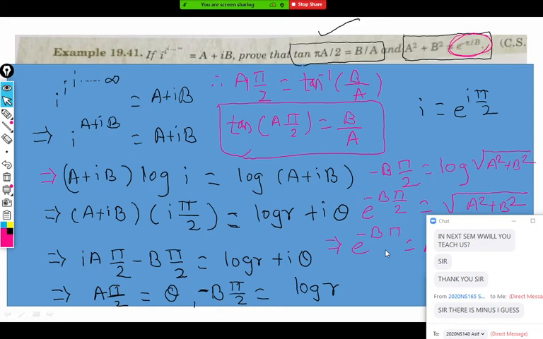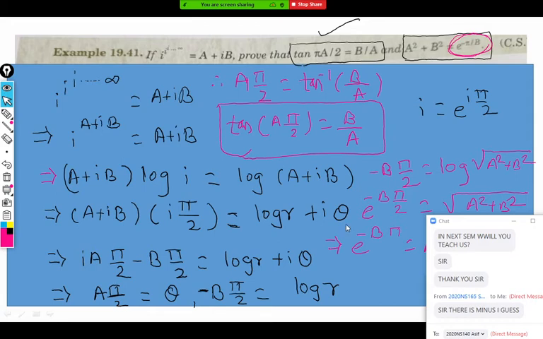Sir, can you explain the third step from the top? 1, 2, 3. This one. The below one. Yes, sir. So this is a plus ib as it is. Log of iota only, replace. What is iota? Iota is e raised to i pi by 2. Now take log on both sides. What is log i? Log of e raised to i pi by 2. It is only i pi by 2, na? So these values you can use directly also in the exam, if you know. If you don't know, do it step by step. First write iota inside as e raised to i pi by 2. Log of e raised to i pi by 2, and then replace. Is it clear?